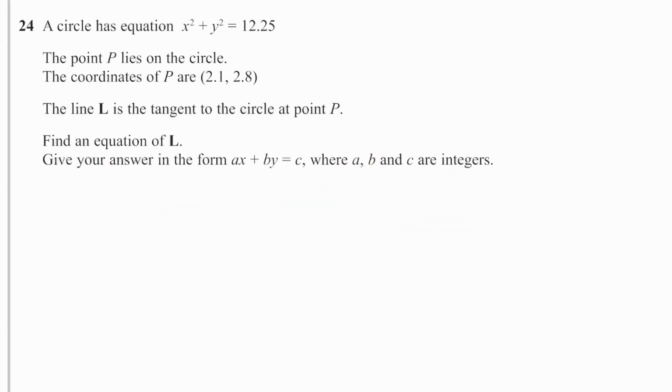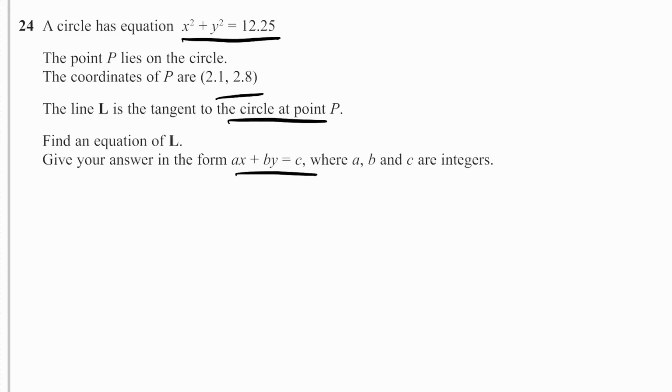Okay, so we have a circle here with an equation x squared plus y squared equals 12.25. The point P lies on the circle. The coordinates of P are 2.1 and 2.8. The line L is a tangent to the circle at the point P. Find an equation of L and give your answer in the form ax plus by equals c, where a, b, and c are integers. So the first thing we can do is try to work out the gradient of the